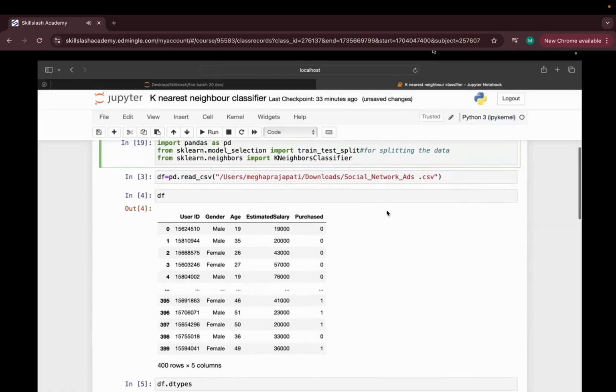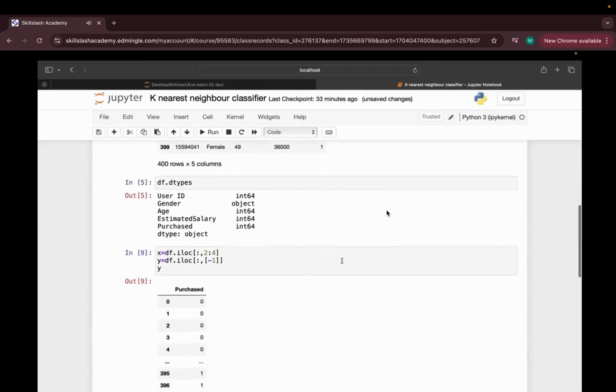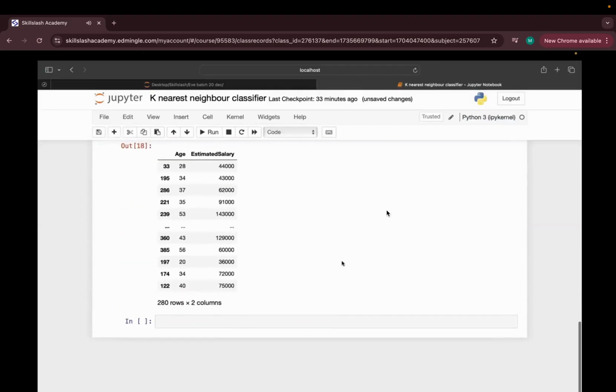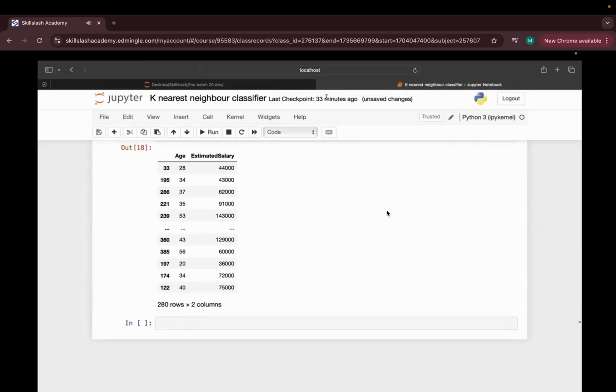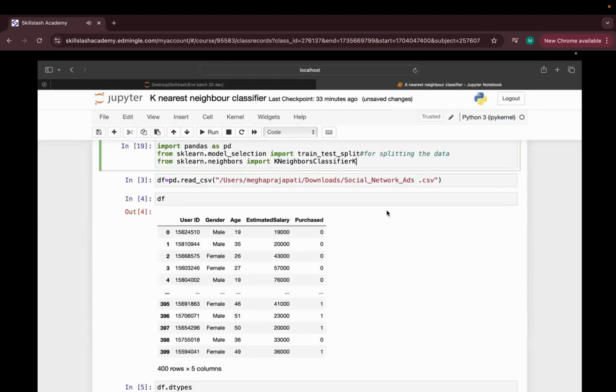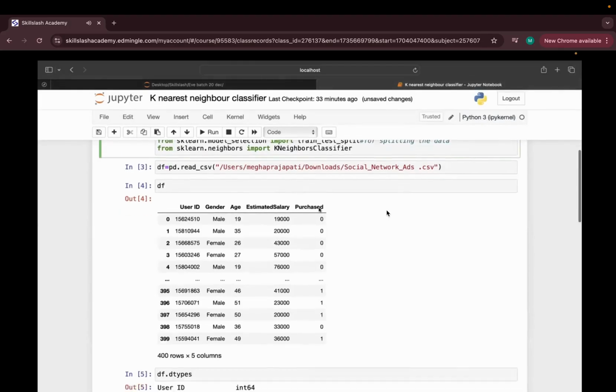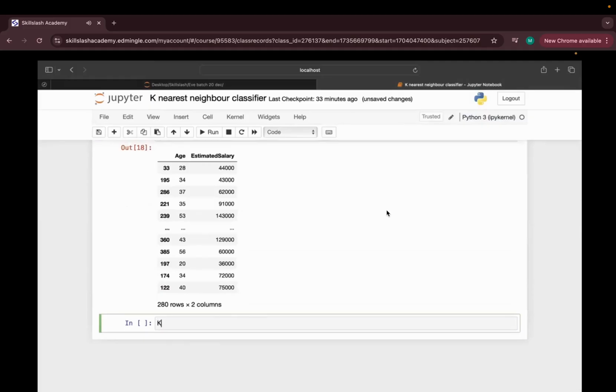Now guys, we are going to fit the model. We are going to fit the data set inside the model, okay? So simply I am writing one variable. Let's say the variable name here I'm choosing as KNN equals to KNeighborsClassifier. Inside that there is one variable which we have to write called as n_neighbors.